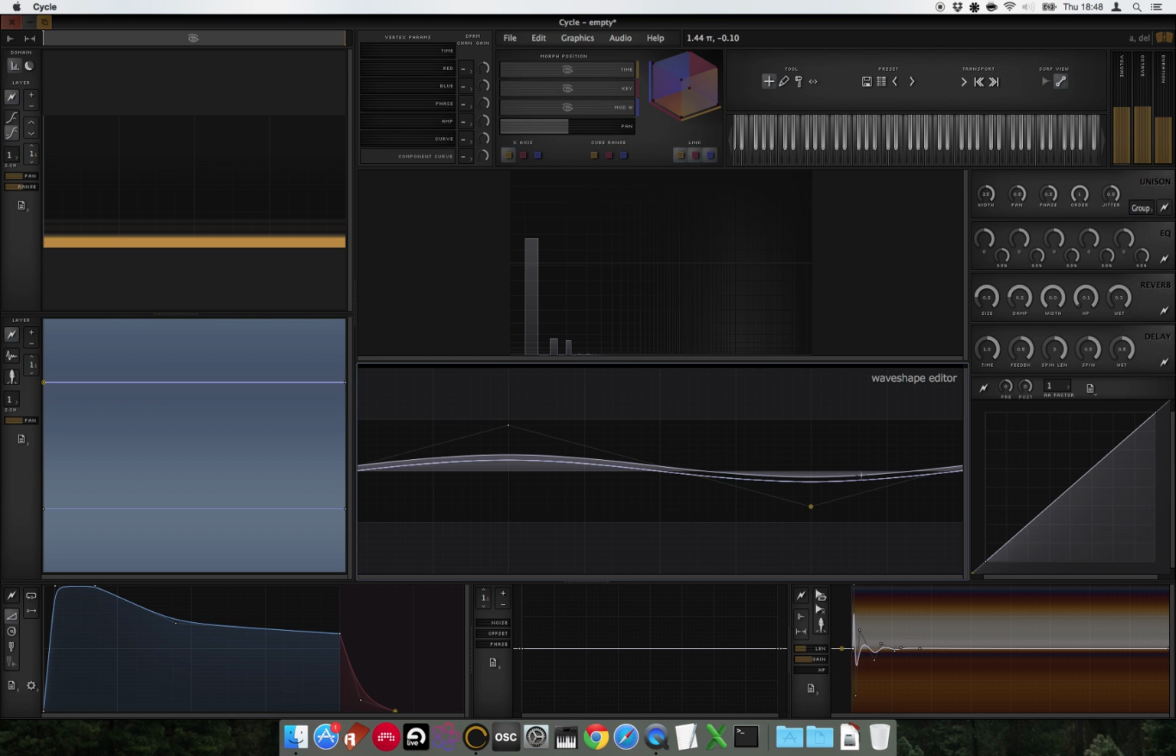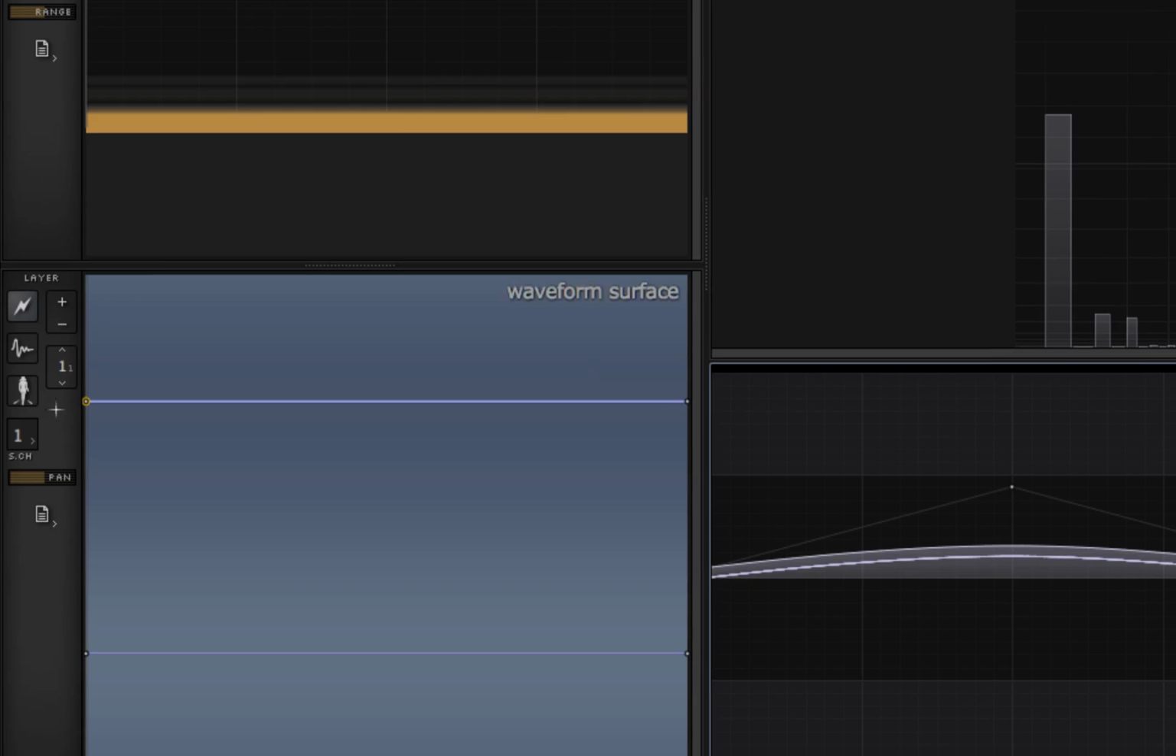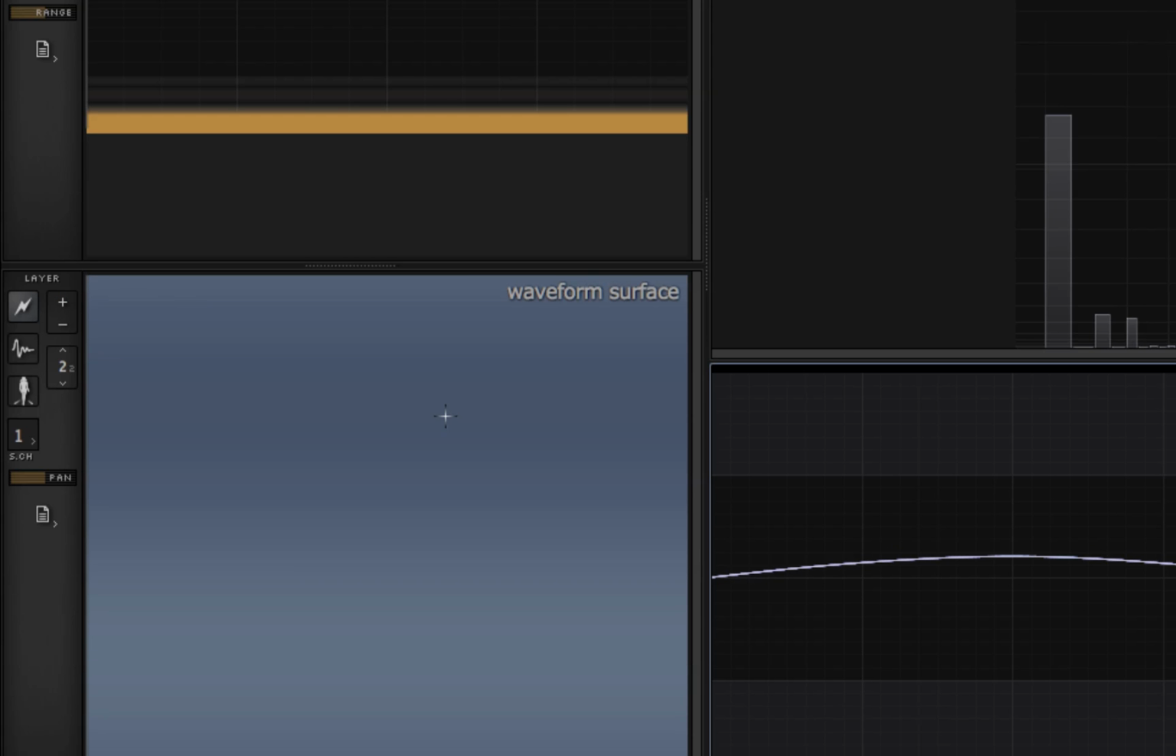Now previously we just looked at one waveform, but in Cycle you can layer multiple waveforms on top of each other, and while these are not exactly the same as multiple oscillators, it can achieve similar effects. To do that, you need to go over to the left hand side where you've got this window called waveform service, and to the left of that you've got a bunch of buttons, which I will zoom into, and these allow you to start adding layers. To add another waveform layer, you can just click on this plus button here,